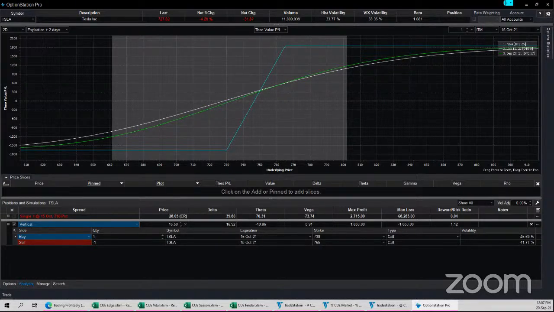Okay, clear all drawings. Now there are some other useful information. Are they going to decide when I book profit? As I mentioned, no, but there are some useful information for this vertical, and you can see that from the risk profile also. In fact, if I hover my cursor, you can see this is the max profit I can get. This is the max loss I can have in the trade, and those numbers are here. Max profit 2715, max loss